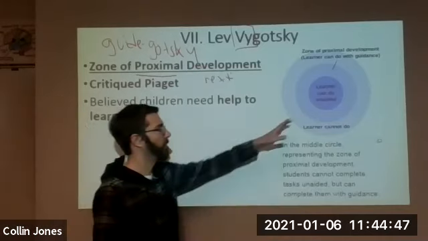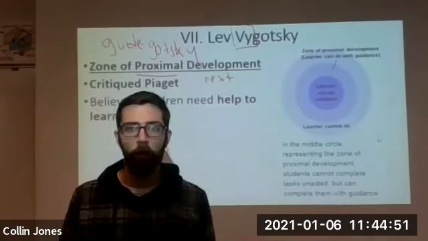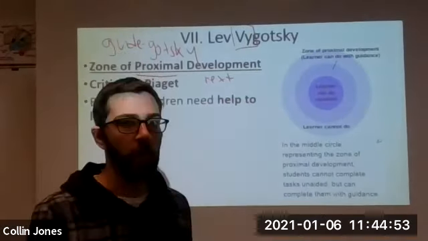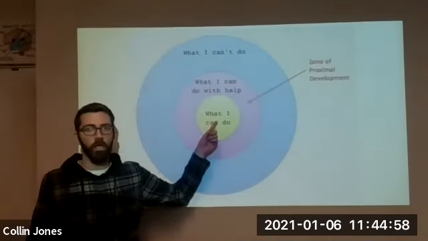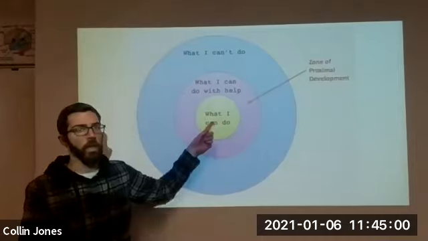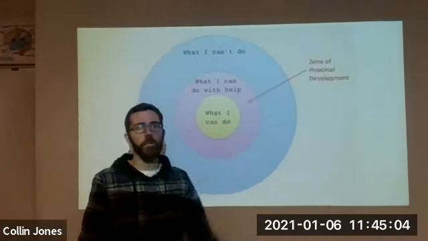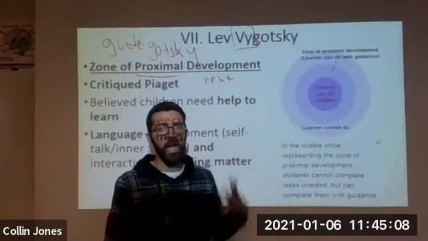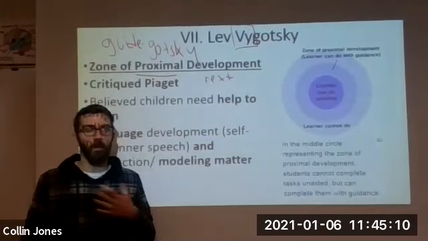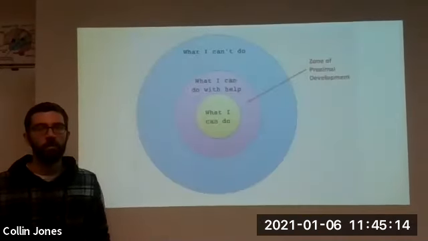So here's the idea here, this bullseye. There are some things that you can already do on your own. The middle of that circle says learner can do unaided, okay? Or things you can do already, all right? And then there's some stuff, this outer ring is stuff that you're never gonna be able to do, okay? Stuff that you're just not capable of because of human limitations or your physical limitations. You're just never gonna be able to do something, right?